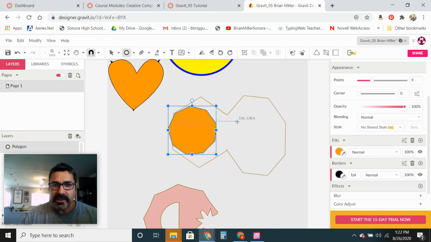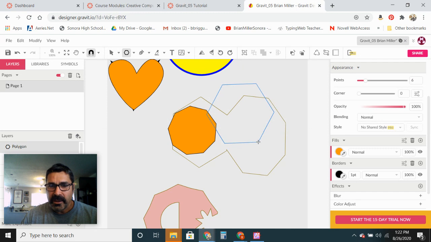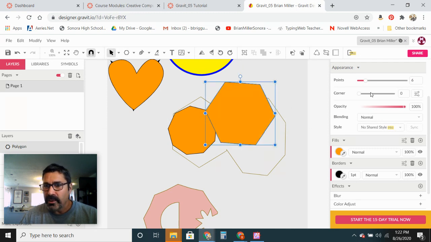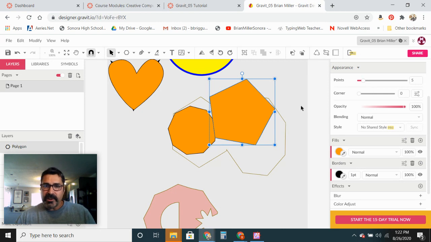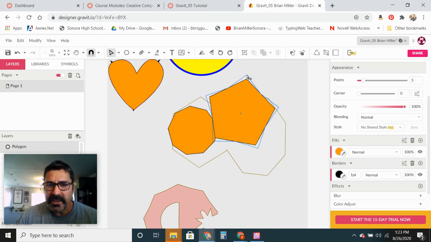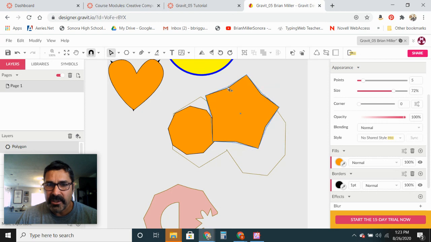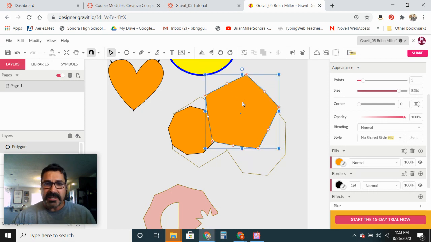All right, so we're going to go back to this tool. We're going to click and drag. Okay, once again, wrong number of points. I'm going to go down like that. Okay, so now here's the deal. I want to show you guys something. We're going to mess around with these a little bit. Watch what happens on these shapes when I go to my subset tool. Okay, so let's say I want to grab that and move it. So if I click and drag it, look what it does. It does something a little unexpected. It turns into a star